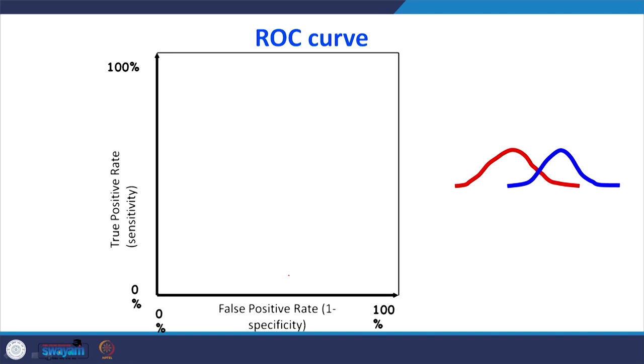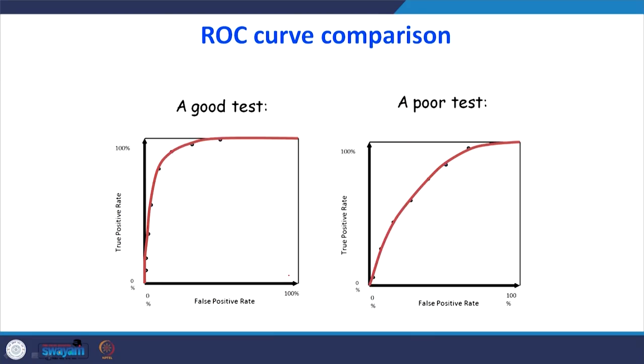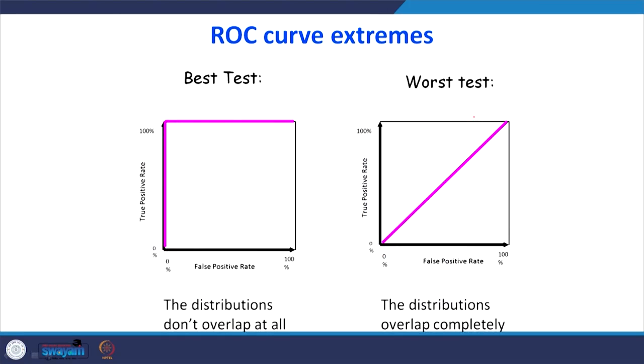Now let us look at the extreme cases of this ROC curve. This was our typical ROC curve. See how to compare two types of ROC curve. You see that here the area under curve is somewhat nearer to 1, so it is a good test. When you look at this one, the area under curve of that ROC curve is lesser when compared to this, so it is a poor test. The left side one is the best, a good test. Now we will see extreme cases.